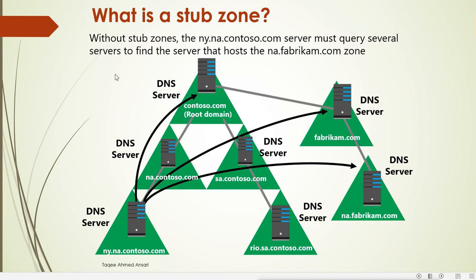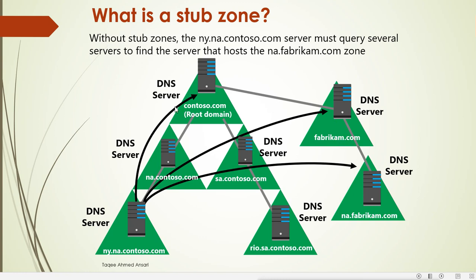Now what we have to do, if you are sitting in this domain and you want to get any resources of another domain other than contoso.com, is send the query to different servers. Your query will go to the root, then here, then na.fabricam.com. It is a long way to reach this. It is not going directly. It will first go to its parent domain to try to find the result records, then here, then here, then here, where it is. So the records are in fabricam.com.